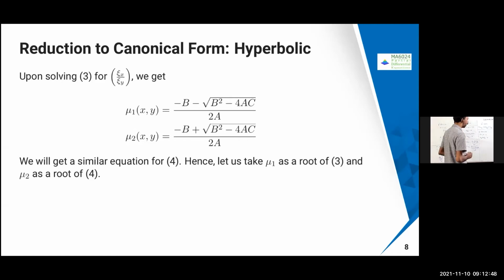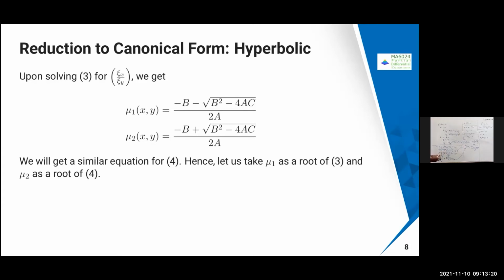So let us take nu1 and nu2 as the roots of this. Here also you are going to get two roots. In this case I'm going to take the root of this one for the first one, chi x by chi y, and for this one I'm going to take this root. Almost both are going to give the same kind of things. So there will be 4 combinations, but I don't require 4.